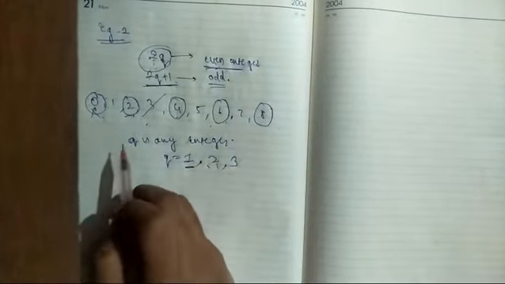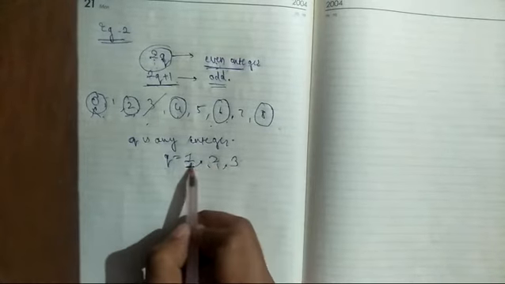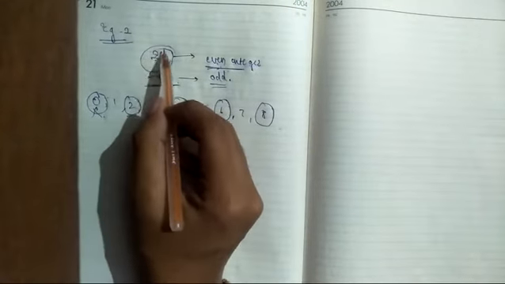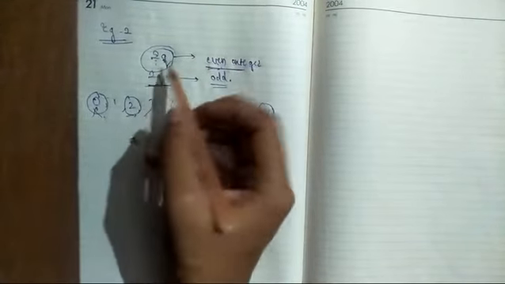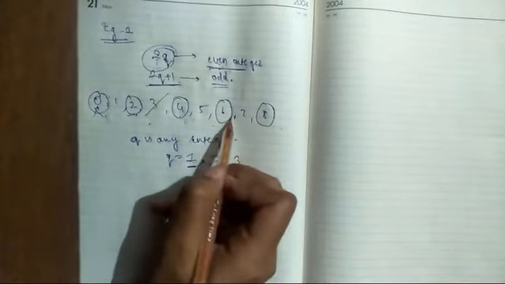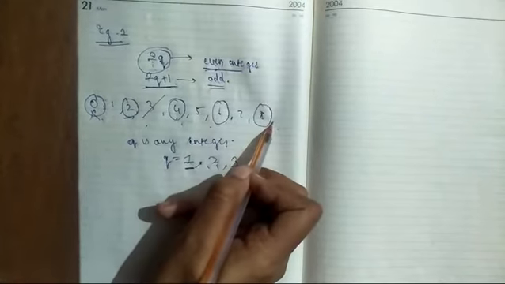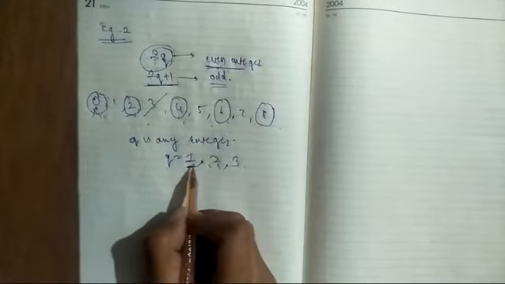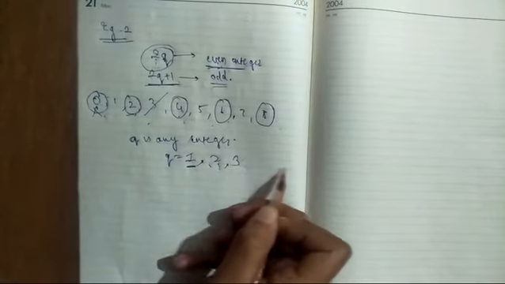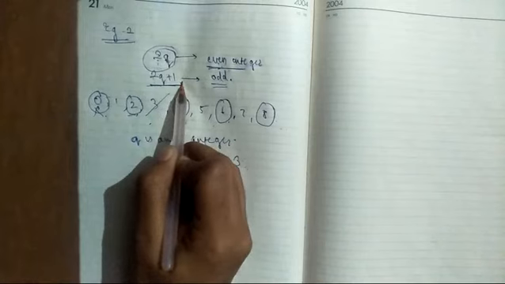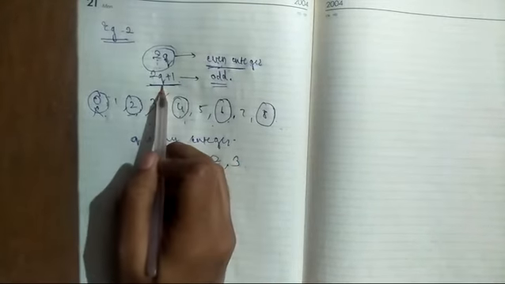What I am trying to say is, when you put q equal to 1, 2, 3 in this equation, every time you get an even integer. First time you get 2, second time you get 4, third time 6, fourth time 8, and so on. Now if we put q equal to 1, 2, 3, 4 and so on in 2q plus 1, it will always give an odd integer.